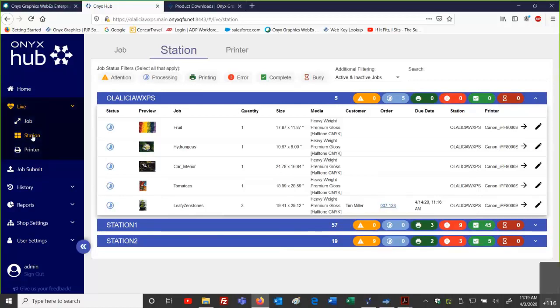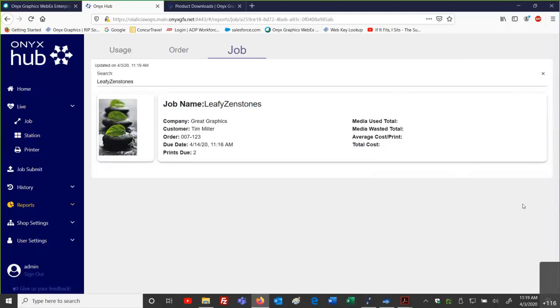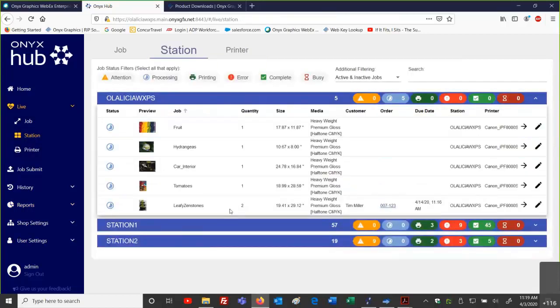So when I look at my station view, and I can look at this arrow for more details, it expands the menu, and it's going to give me this information. Now, I haven't done any printing, so I have no data yet for this information, but just to say this is something that I can view once I get this information out there. So I can even click on the Edit button, and I'm able to edit some specific fields within this as well. So now, if I go back to my station, I can see this as general data.